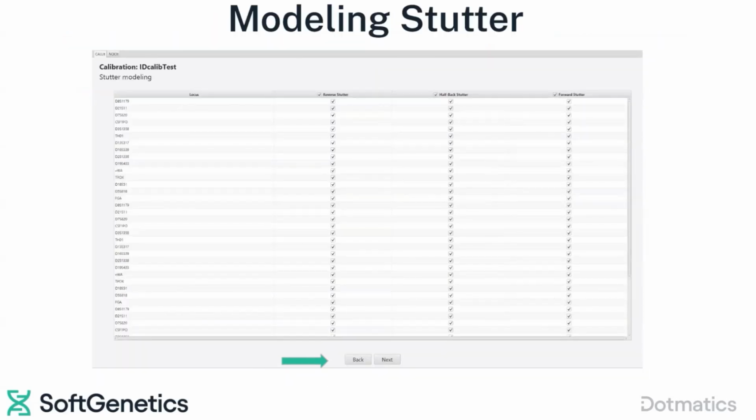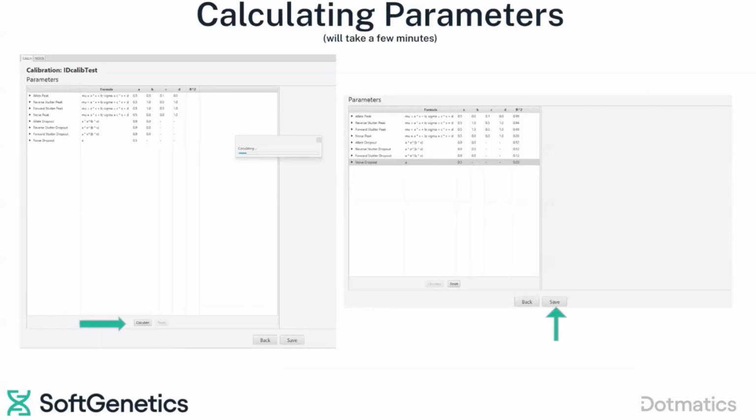Then you'll want to select which kinds of stutter you'd like the software to model. And this would just be based on what you typically take into consideration when doing casework. Then you click Calculate so that NOCIt can calculate the models for all the parameters we've discussed. This will take a few minutes. Generally, the time will depend on how many samples you've included and the specifications for the computer you're running the analysis on. But when it's done, you will click Save so that you can save this calibration file for your